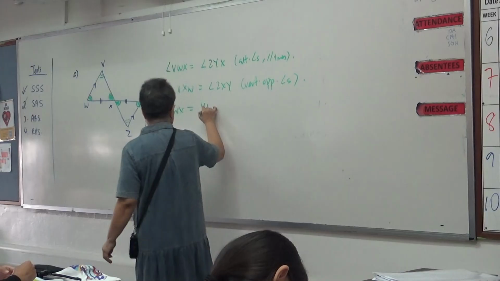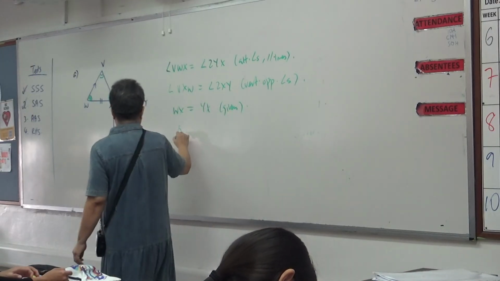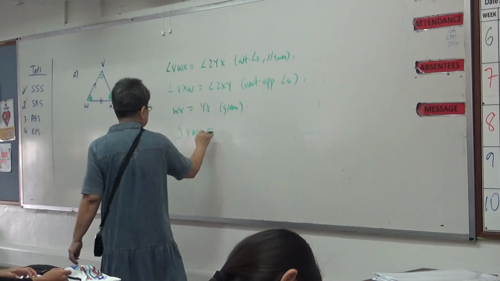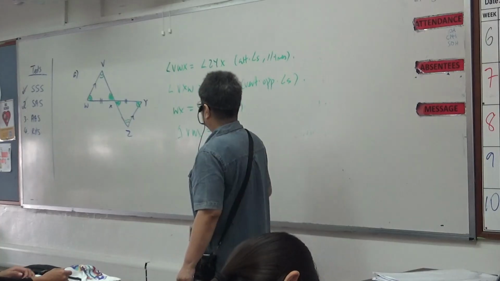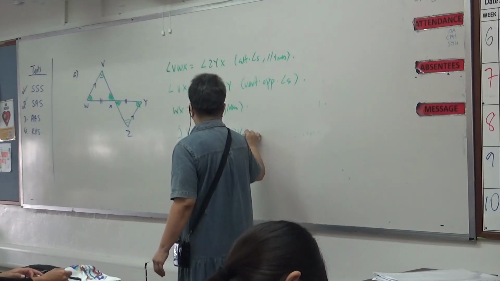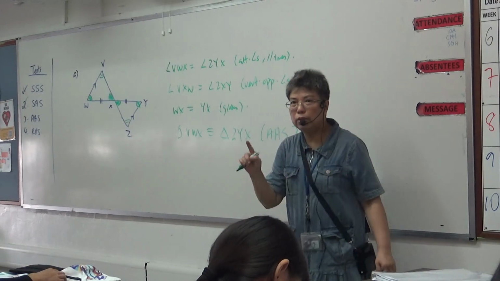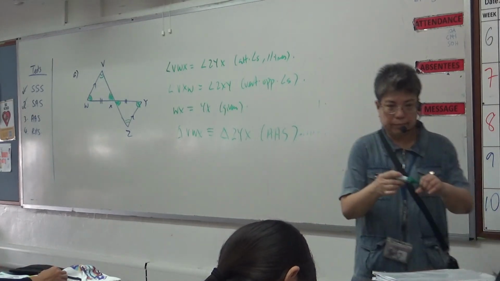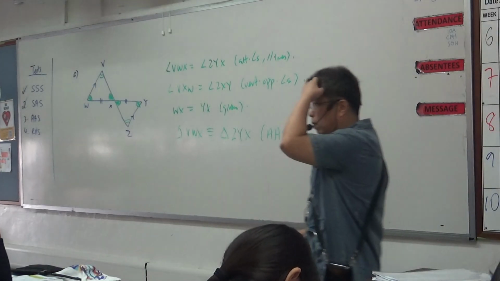Okay, then WX equals YX. Very good. This is what? Given. So triangle VWX is congruent to what? ZYX because of AAS. Can you see? Angle, angle, side. Everybody clear with my explanation here? Now, what I've done here